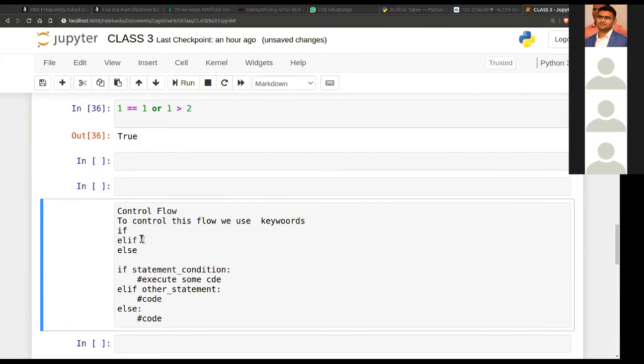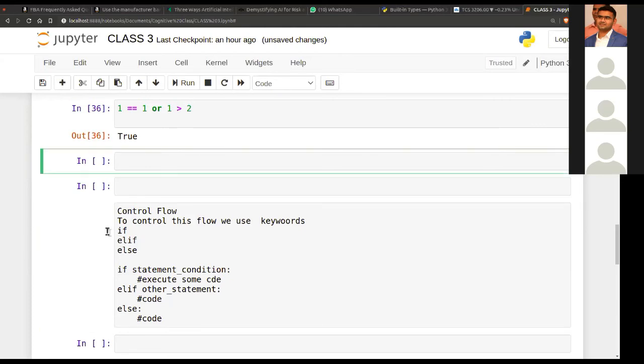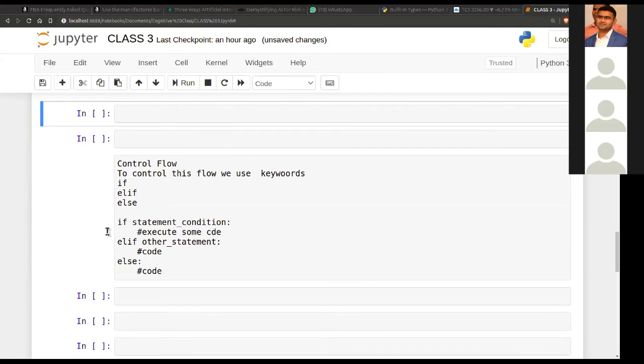That was the condition, and then we follow up with the code. Another example: suppose my dog is hungry, and believe me, he is. If my dog is hungry, I'll feed him. If he's not hungry, I won't. So let's learn the syntax.